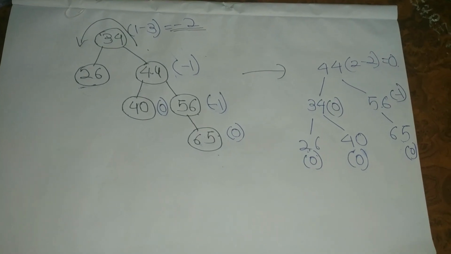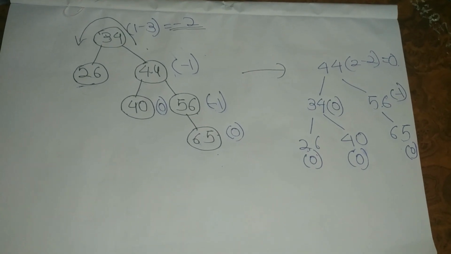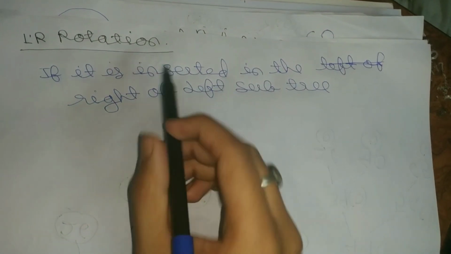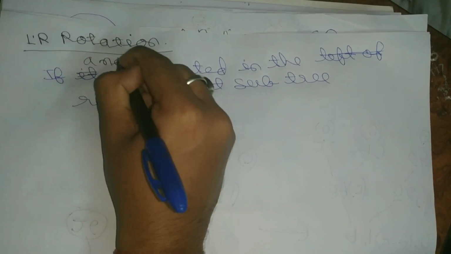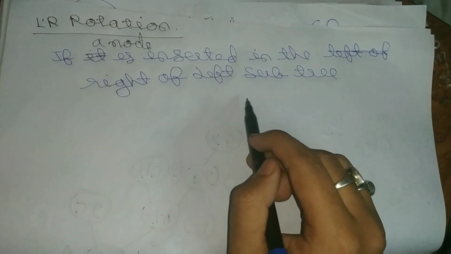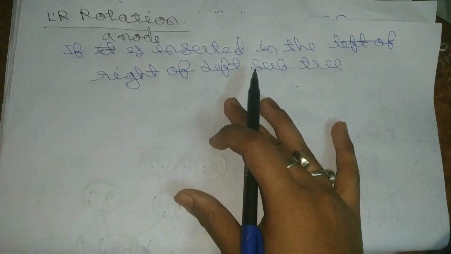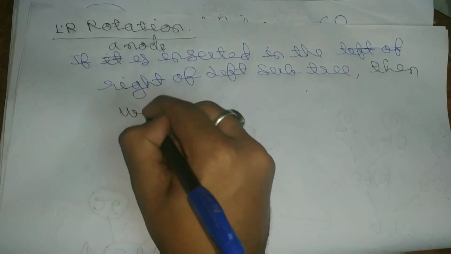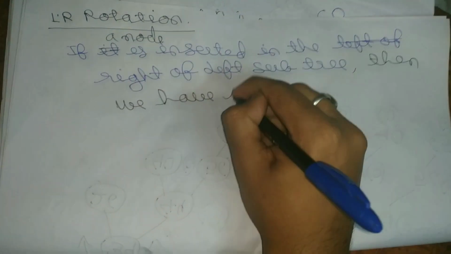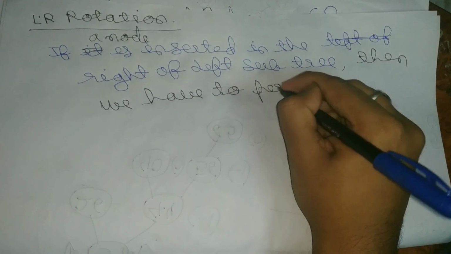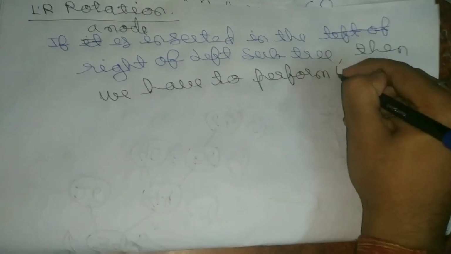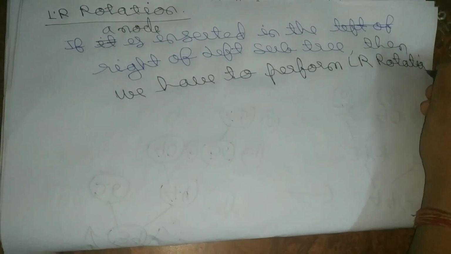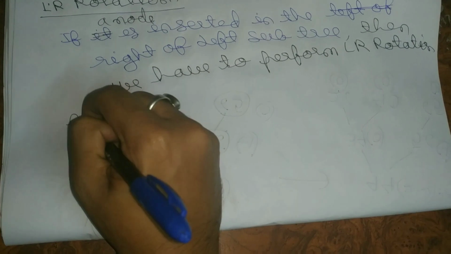So now I will show you the RL rotation and LR rotation. Okay, so see, LR rotation: if a node is inserted in the right of the left subtree, then we have to perform one rotation, so that will be the LR rotation. To perform LR rotation, so see, for example,